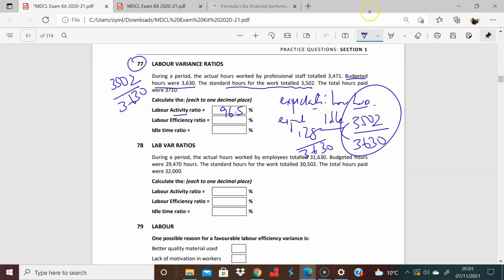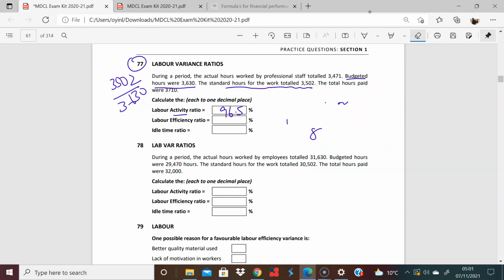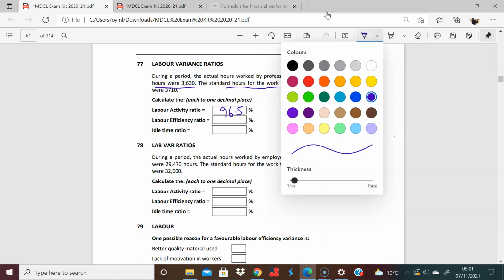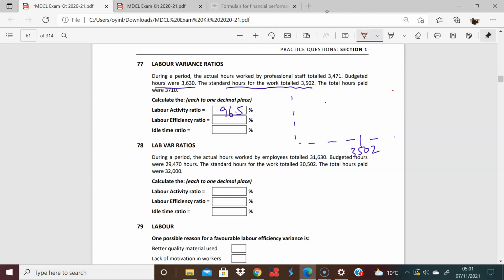Perfect. Now, the next ratio we've done before, we've done a lot of that. The activity ratio and the idle time are probably the new ones, but this one is again about efficiency. How long are we expecting our people to work? The standard hours for work are 3,502, so I'm expecting 3,502. What actually happened? The actual hours spent was